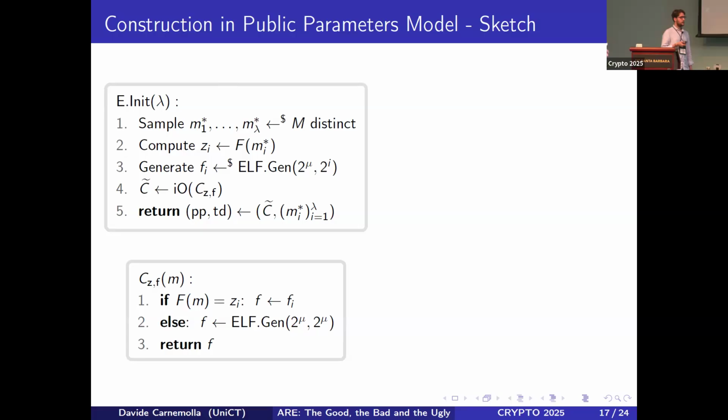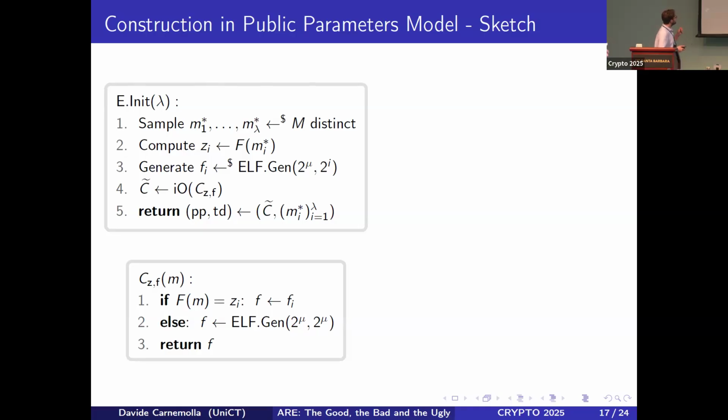And this primitive allows us to generate a function in two different modes. The first one will be an injective mode, so we will obtain an injective function. And the second one will be a lossy mode, so we will obtain a function that has a small image size. And these two modes are indistinguishable. And in this case, we will generate a function f in lossy mode. So we will have a function with small image size.